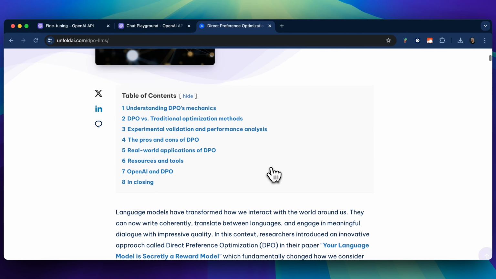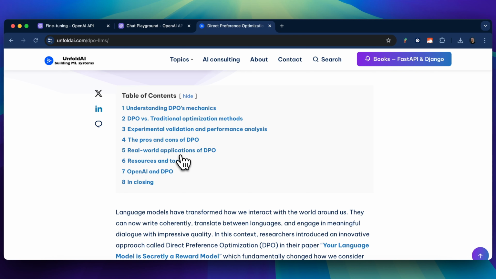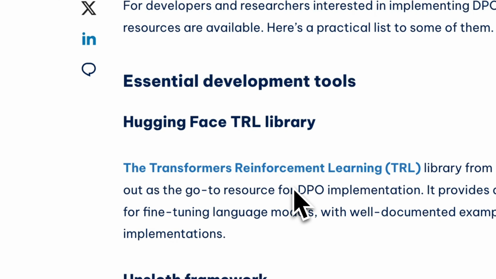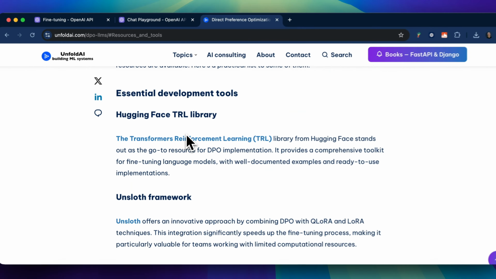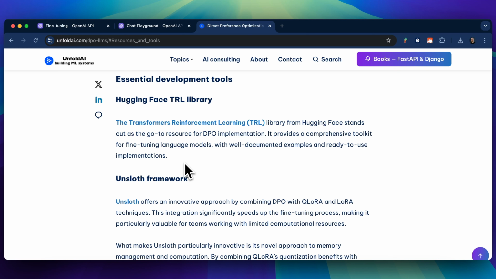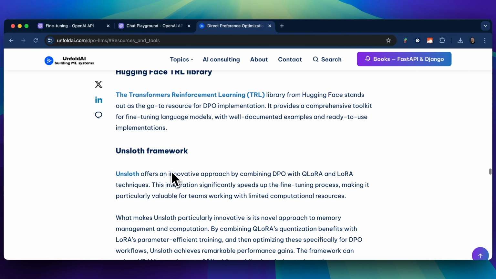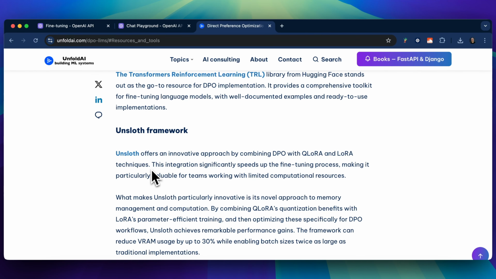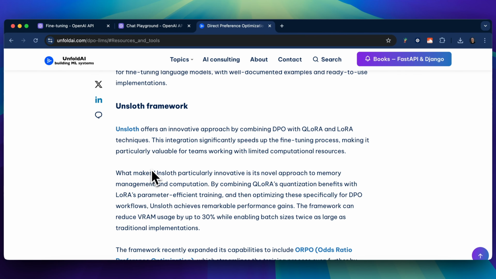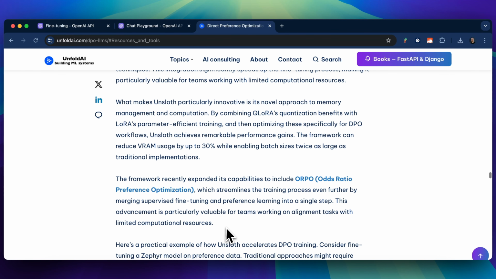Here you can find this article where I explain more about the different use cases for DPO, also the mechanics and other things which we discuss in this video. Let me show you other resources and tools. We have the TRL library, which can fine-tune and use DPO on open source models. We have the Unsloth framework, which I personally prefer for such tasks if I want to fine-tune with DPO open source models. And we have here two